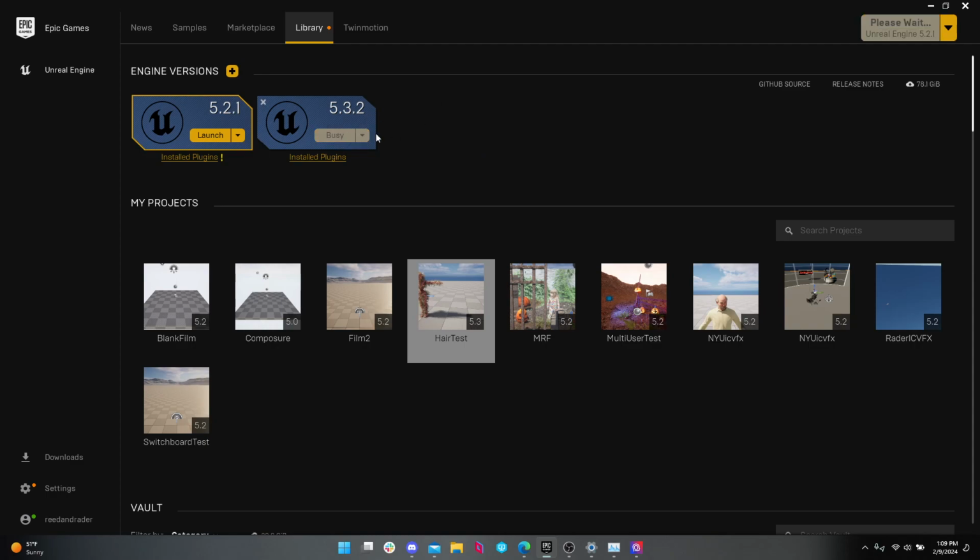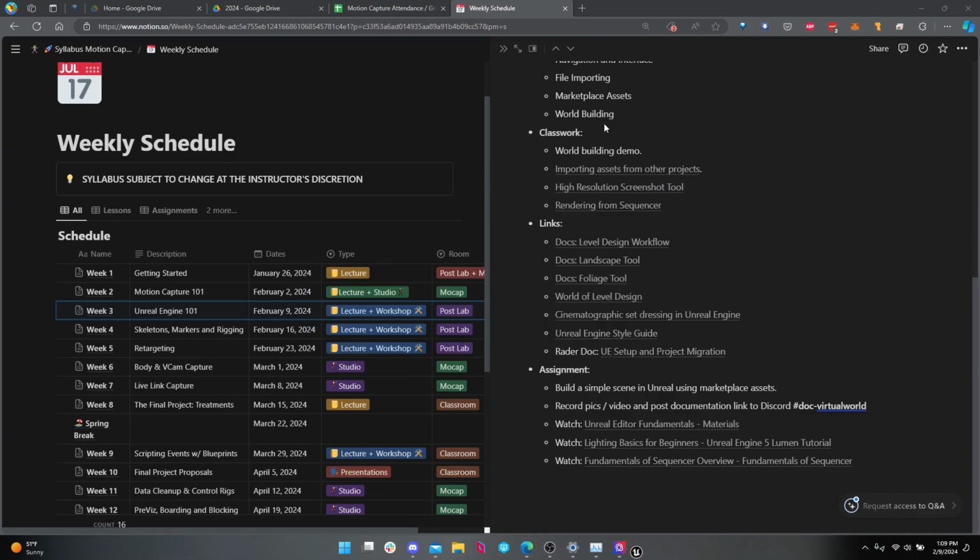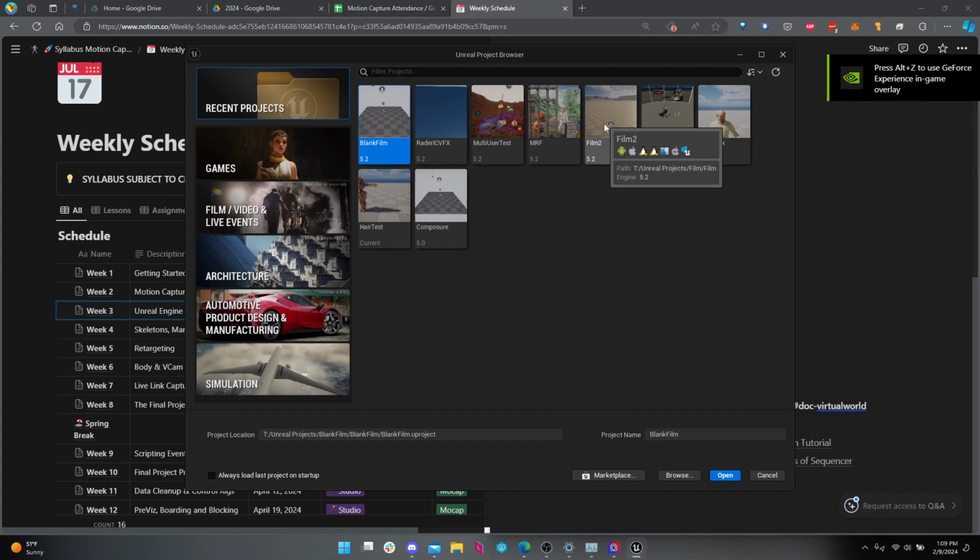Let this launch. When projects are loading in Unreal Engine, we have a lot of impatient students. Sometimes you'll see the little percentage going across here, depending on how powerful your computer is, or what template that you're starting with, or how big your project is. It might pause at 30%, 75% for what seems like an eternity. Just wait longer. Don't freak out.